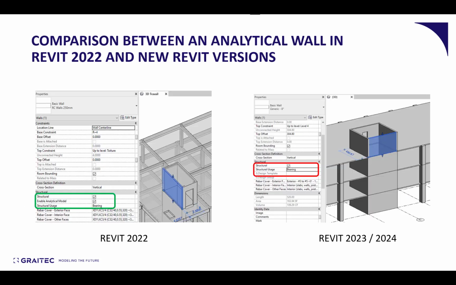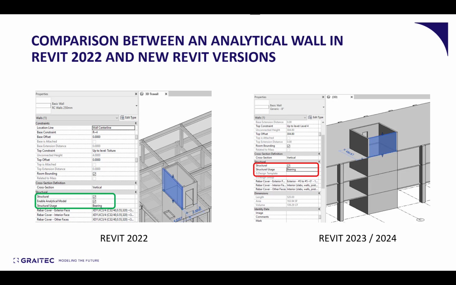If we compare what Revit was proposing before to what it's possible to do now, I think the screenshot you see on the left is probably familiar to most of you. It was the philosophy of Revit before, having a kind of checkbox that you were able to check or not, and based on this, it created or not an analytical model.